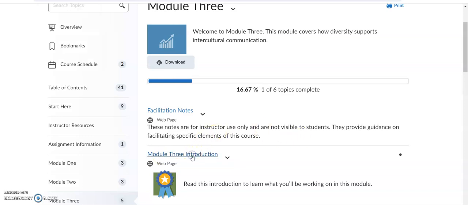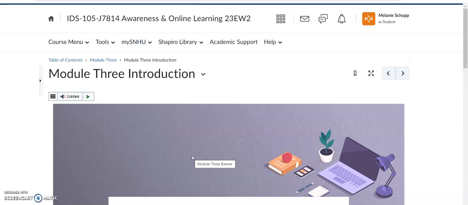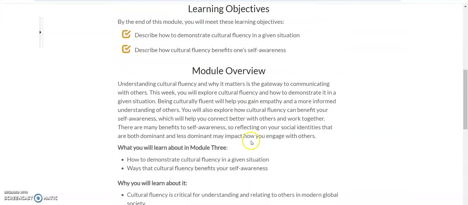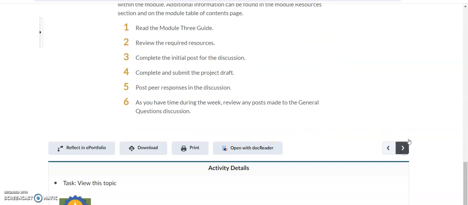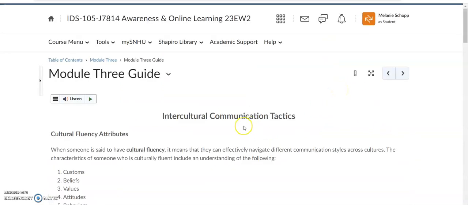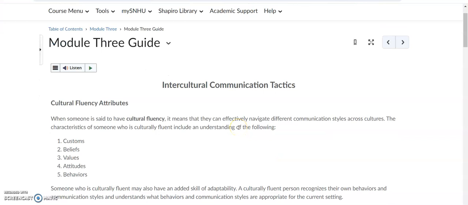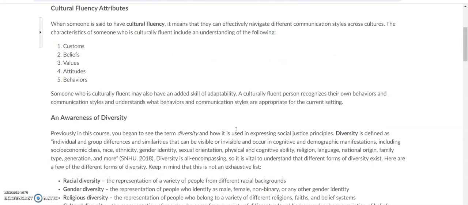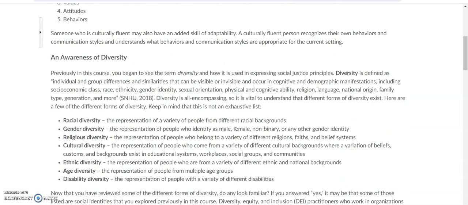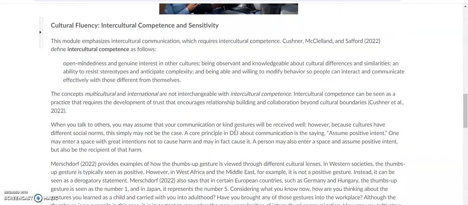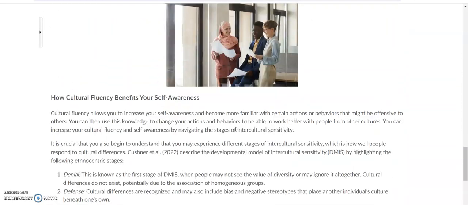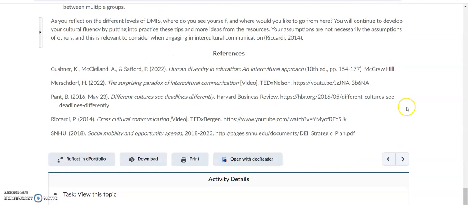As a reminder, make sure that you click through the introduction of the module, scroll through the content and the information because you don't want to miss any helpful tips and tricks for your success. There's a lot of reading here in IDS 105 in addition to your textbook. So know that sometimes for your assignments, you can find the answers in your module reading too, in addition to your assigned reading or any helpful videos or blogs or journals you might be connected to underneath the required resources